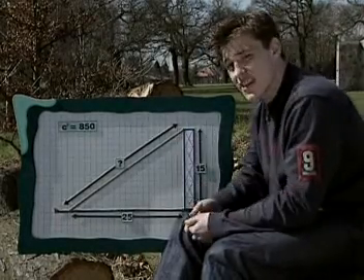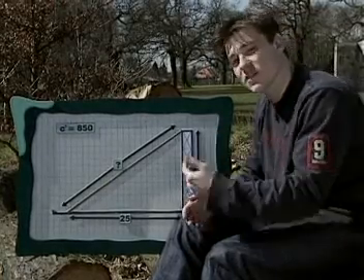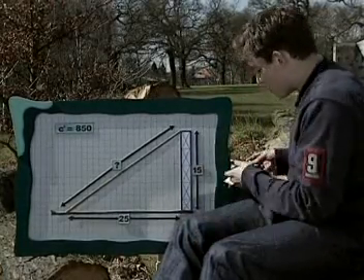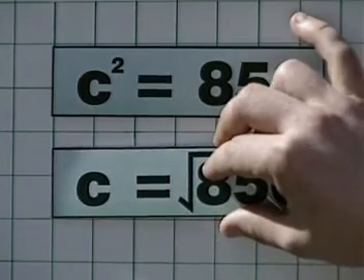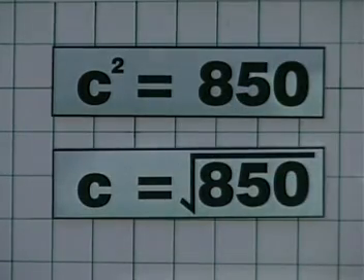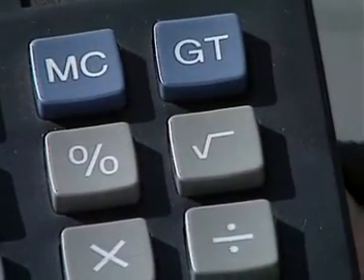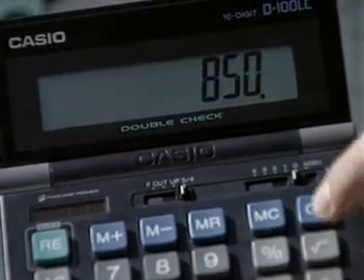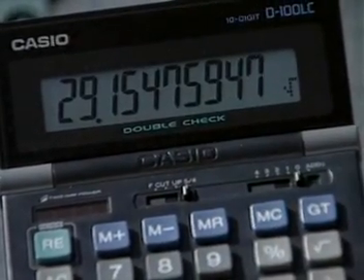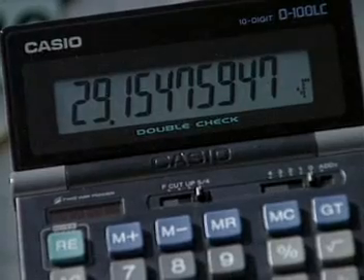So, to work out what c is, we need to do the opposite of squaring, which is called taking the square root, which is drawn like that. So c equals the square root of 850. Now, the square root is this button here, and all you have to do is whack in 850 on your calculator, press the square root button, and we see that c equals